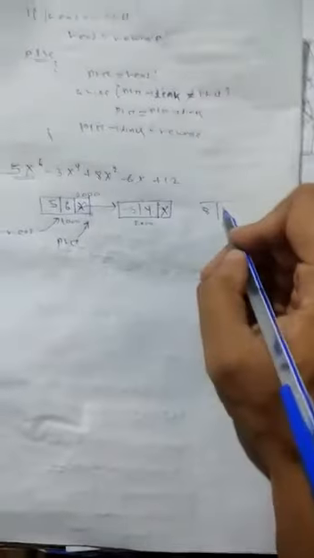Clear? Next, again dynamically create a new node. The new node stores all the things: C, E and null. Suppose 8 is the coefficient, 2 is the exponent, and this is null. The node is first created. Then check head equal to null. No, head is now here, head is not equal to null, so this condition is not satisfied. It is only for the first case.